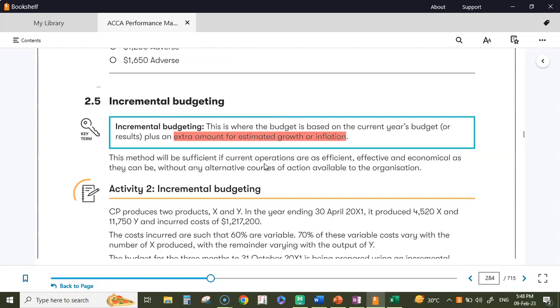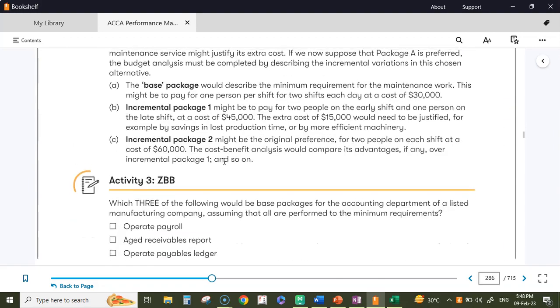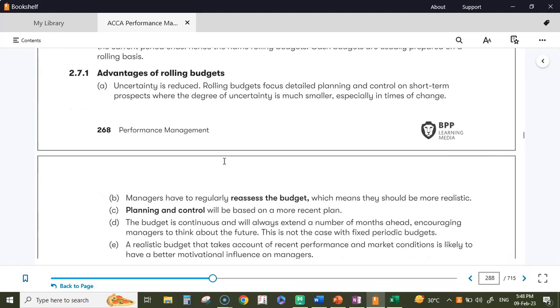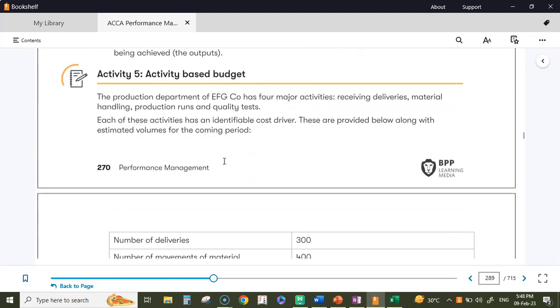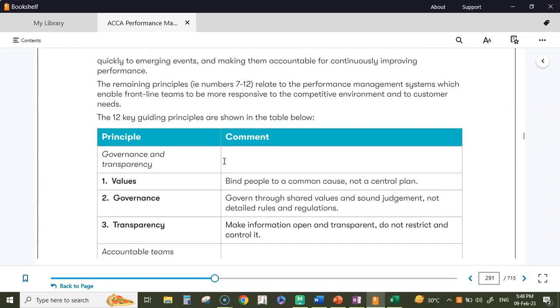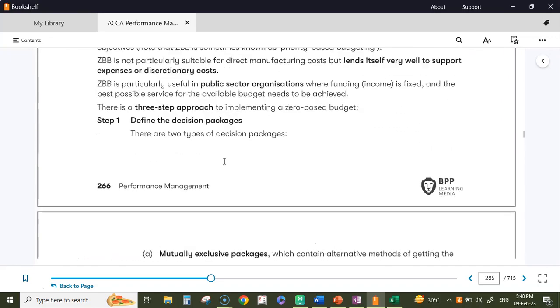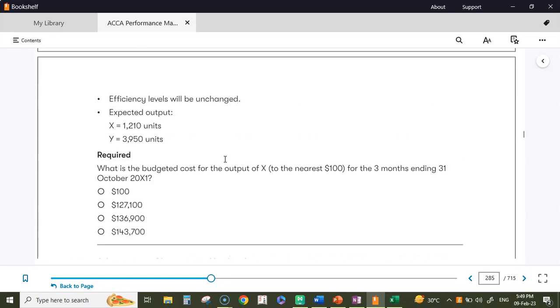Now we are moving on to incremental budgeting. As I said, I'm stopping the video here. We have incremental budgeting, then zero-based budgeting, which is kind of important, with a lot of theory. Then rolling budgets, which is very simple. We have activity-based budget, that's also a very interesting topic, and beyond budgeting. So we have 4 or 5 more items that we'll discuss in the next video. I'll see you in the next video wherein we discuss incremental budgeting, zero-based budgeting, activity-based budgeting and rolling budget.